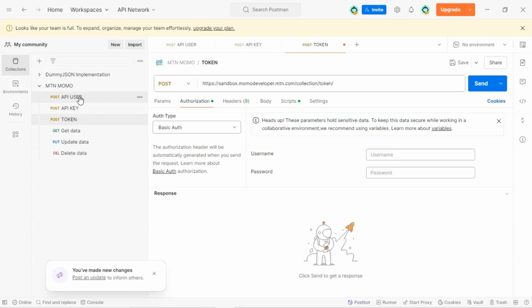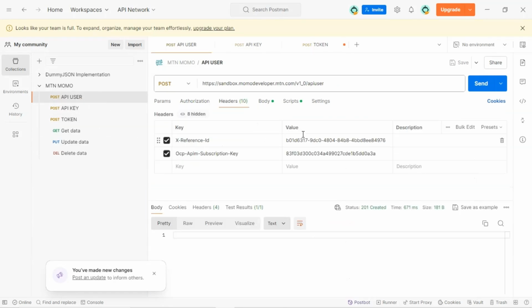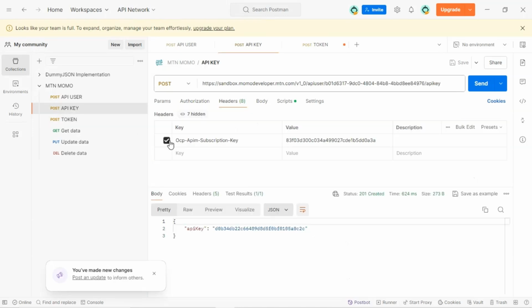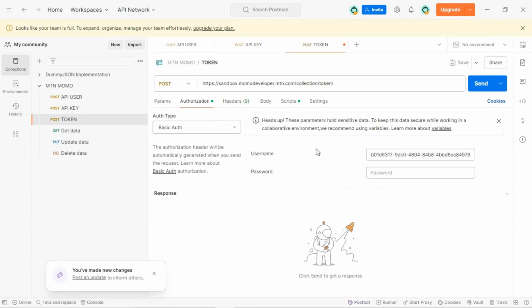In this case, we need to grab our API user, which is nothing but the UUID that we used from the beginning. Then we have the API key that we've just generated that we need to use inside here as our password. So then I'm going to send this request,